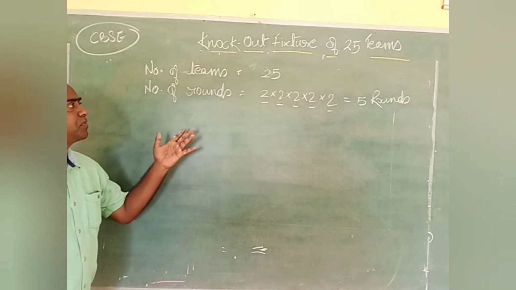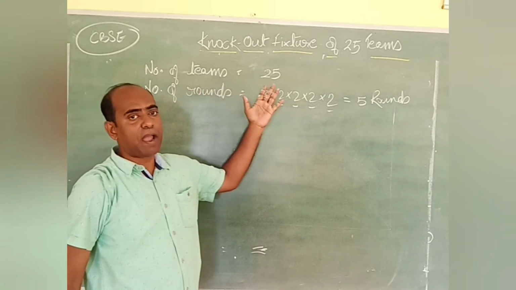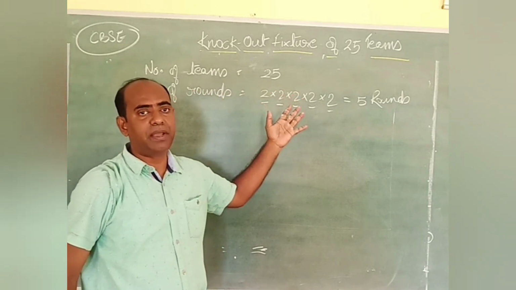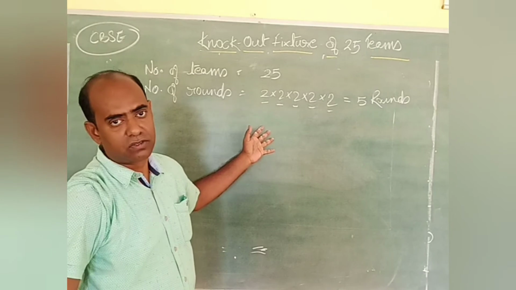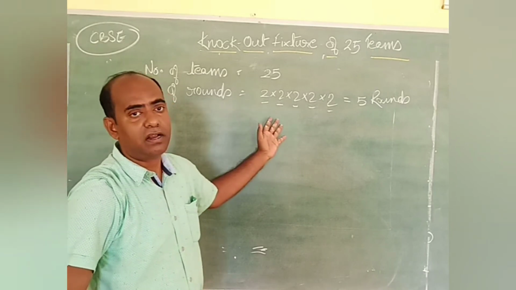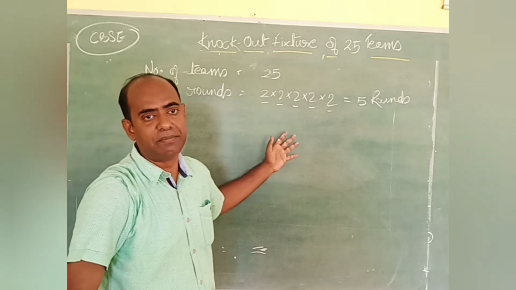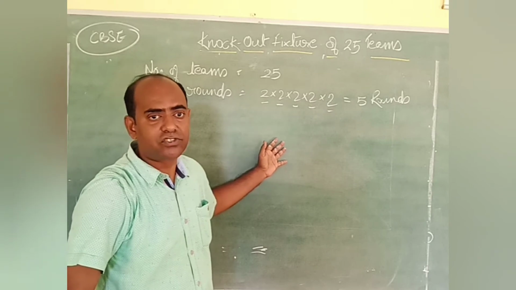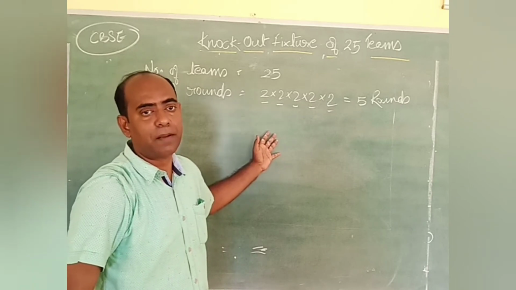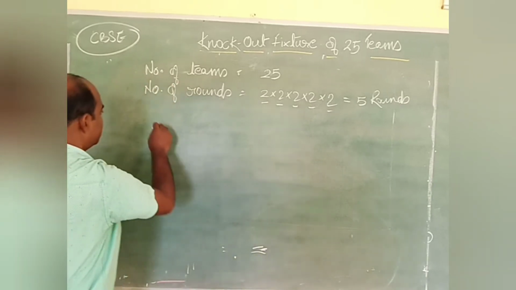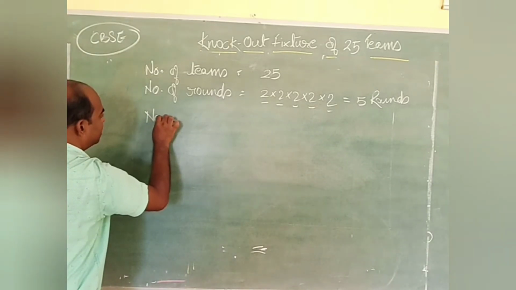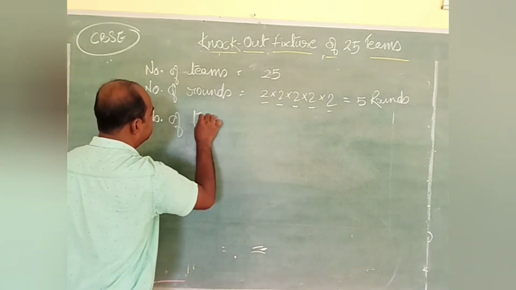Okay, now here 25 teams are there, so we are going to divide them into 4 quarters. So I am not writing here the number of teams in the upper half and the number of teams in the lower half. We will straightaway go to the number of teams in the first quarter, number of teams